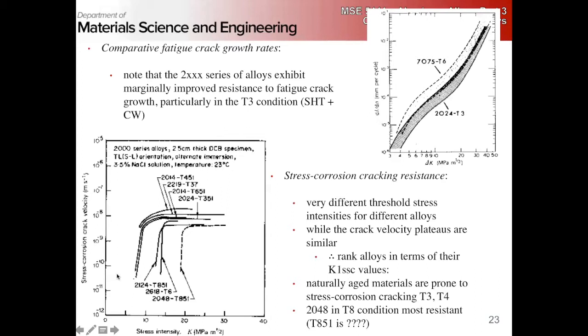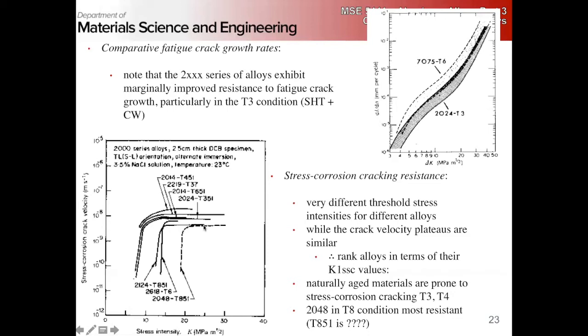So if we look at this, this is stress corrosion crack velocity versus stress intensity, our K value. We can see we get a rapid rise and then a plateau. That means once we plateau, any further increases in the stress don't really increase our crack velocity. And notice that all these alloys, while they have different stress intensities, the crack velocity plateau is similar,